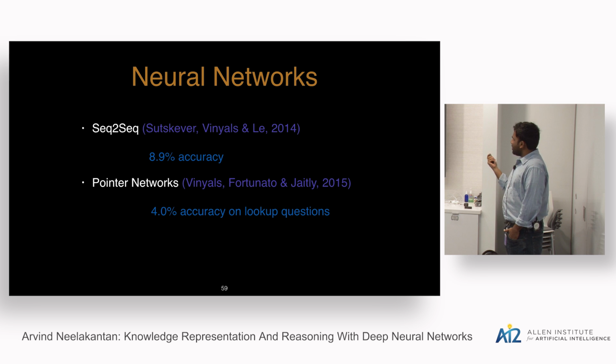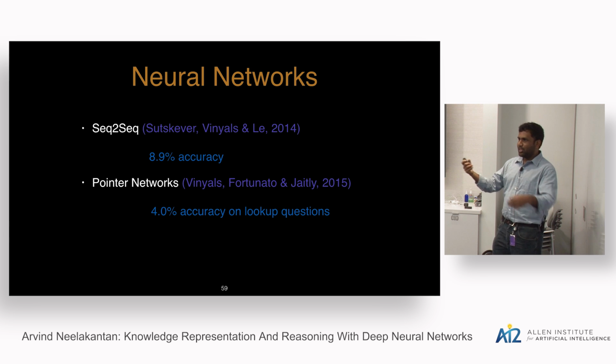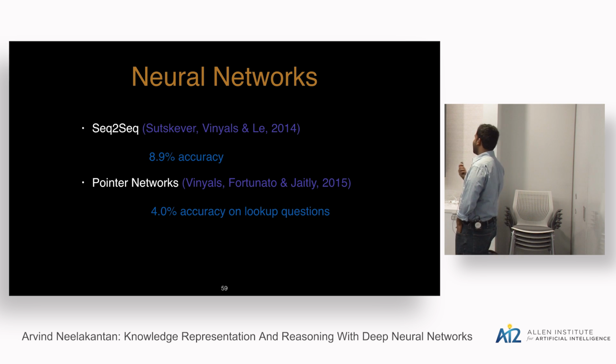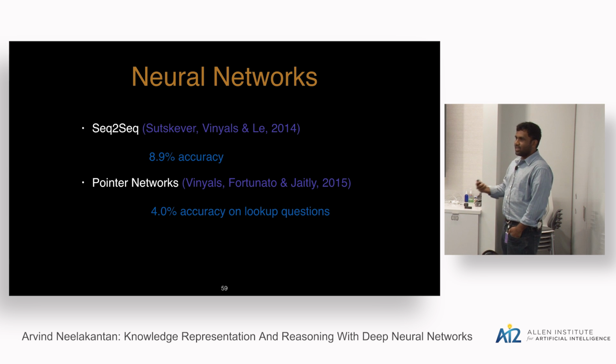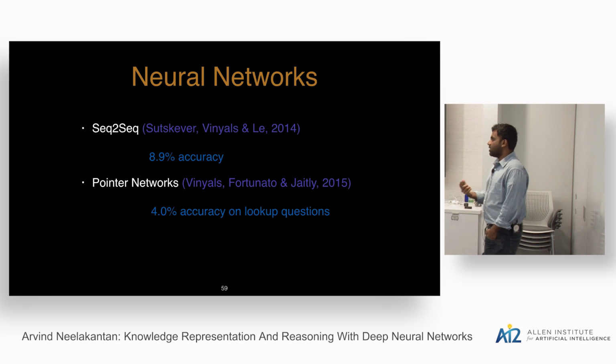So we ran existing neural network models like seq2seq and pointer networks, and basically they take in the question and the table. So it's a big input, and you cannot feed in big tables, right? You cannot process them. So I considered only tables that have fewer than 10 rows or something. And even with that, it's really hard to get these models off the ground. I think this is because learning discrete functions is really hard.